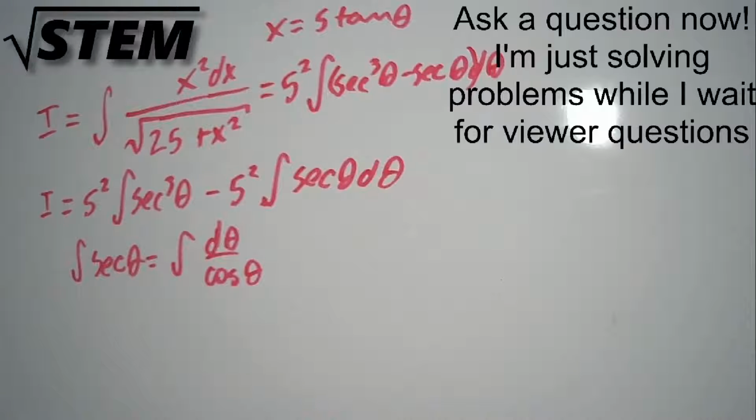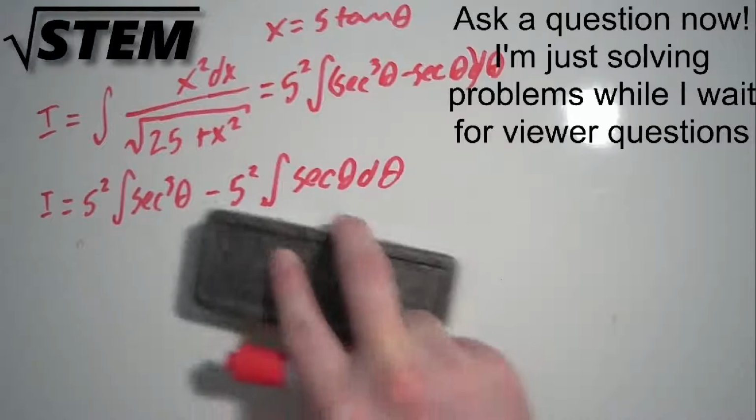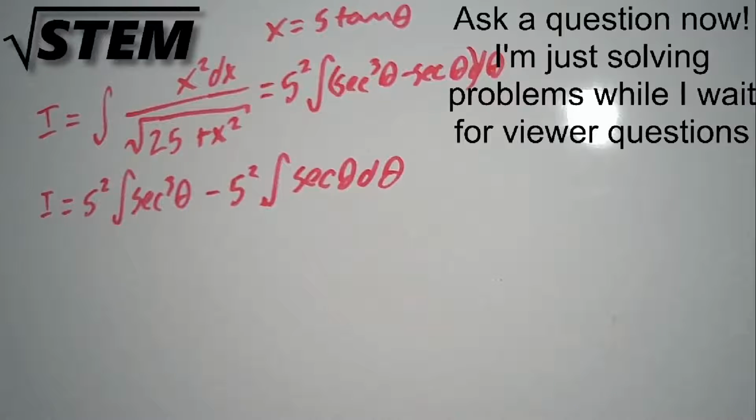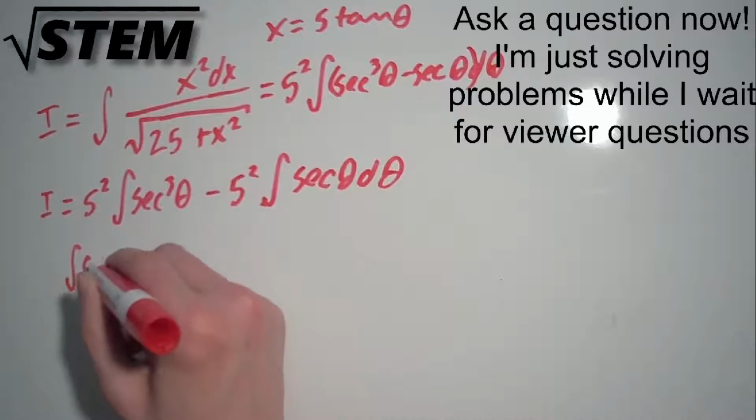Is secant another one that's in the tables? I feel like it should be. Okay, yeah, it is. Oh, yeah, of course. That's natural log of secant plus tangent. Oh, wait, yeah, I think we can do that. Yeah. So the integral of secant